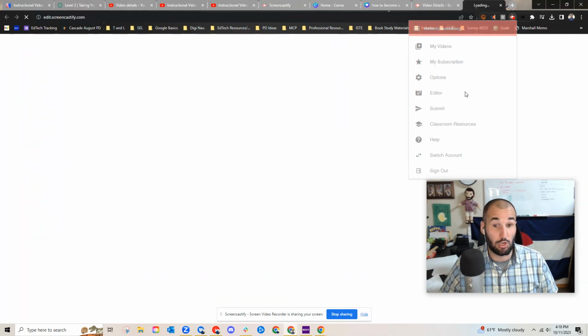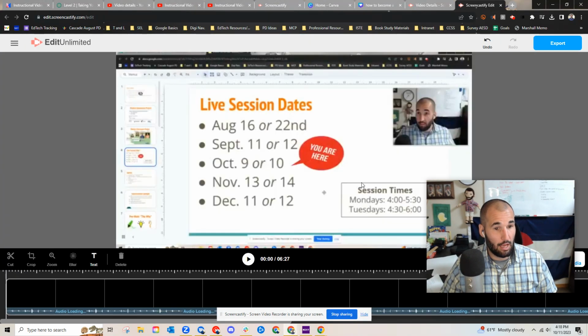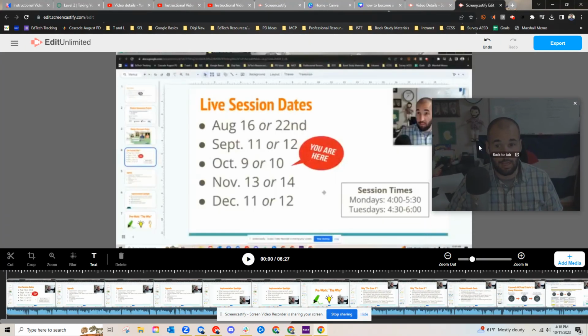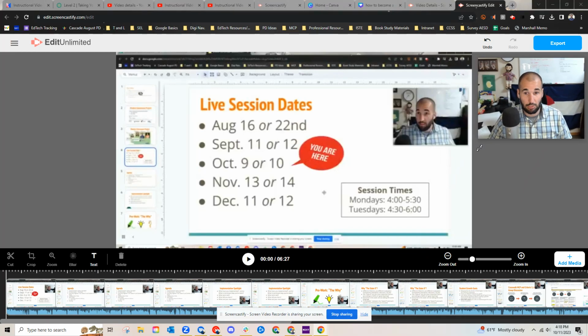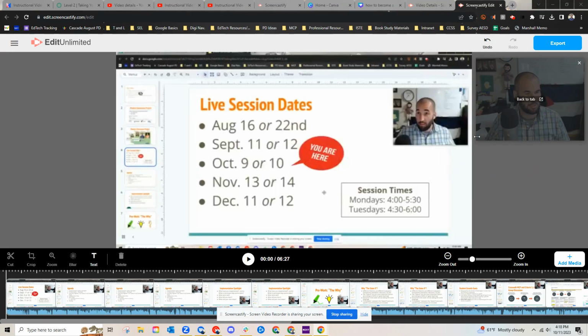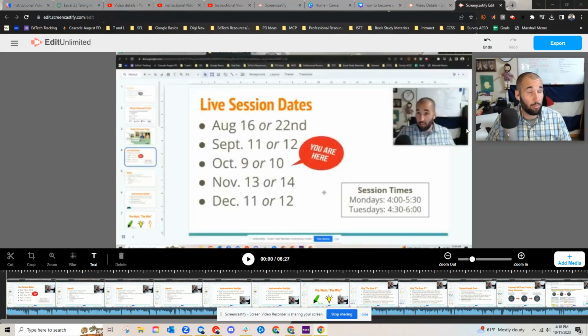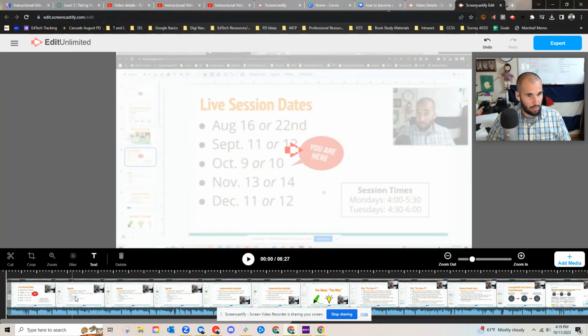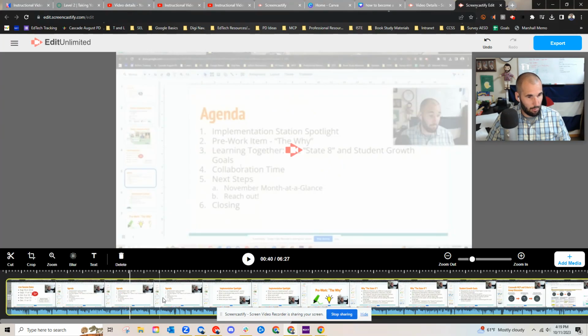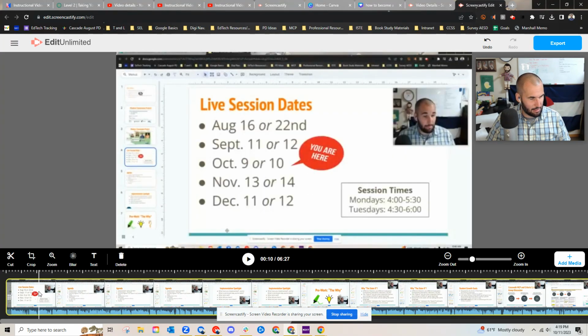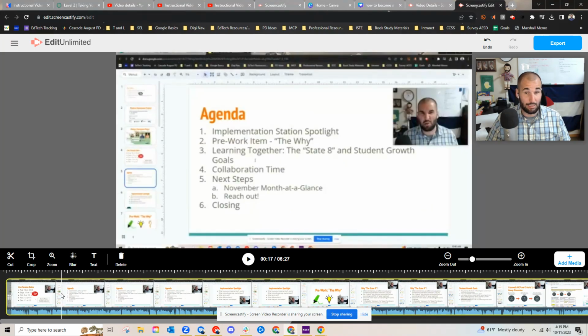So I just want to show you the editor here, just so you can know what tools are available to you. And most of these things are going to be available in ScreenPal. Actually, more will be available in ScreenPal. It looks like there's a more robust editor. So, real basic tools here, working from left to right. If you look down here at the bottom, you'll notice this little bar where I can point this, and I've got this vertical line that brings me to these different